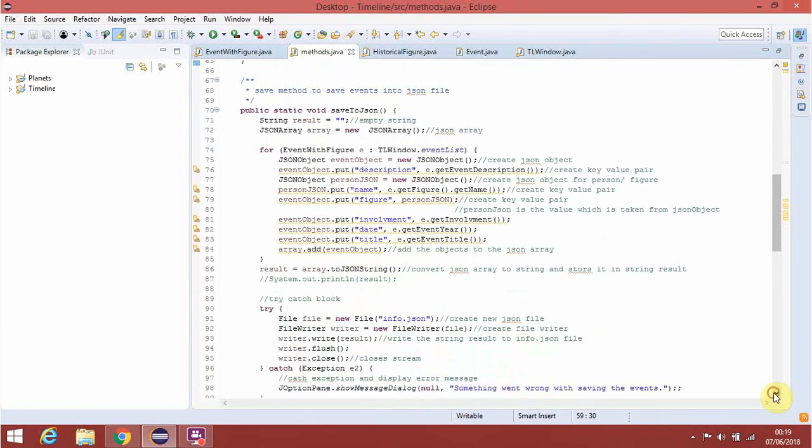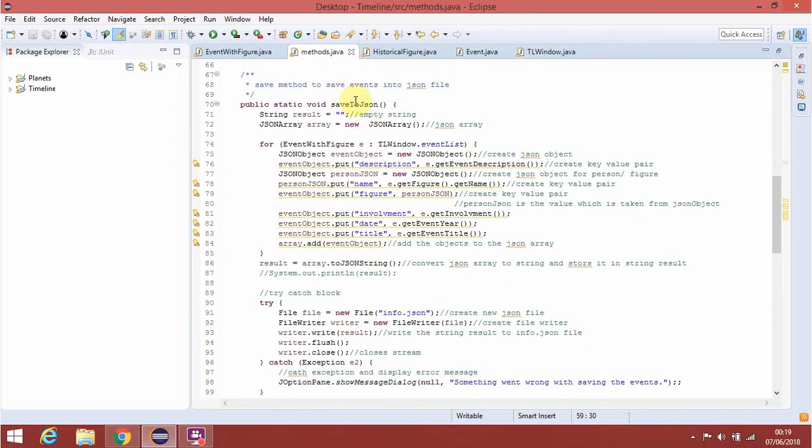Next, we have the save to JSON method, where we save the current timeline. First of all, we've created a variable called result with the data type of string, so it's an empty string here. We have a JSON array called array, so we create a new JSON array called array, and then we have a for loop here,